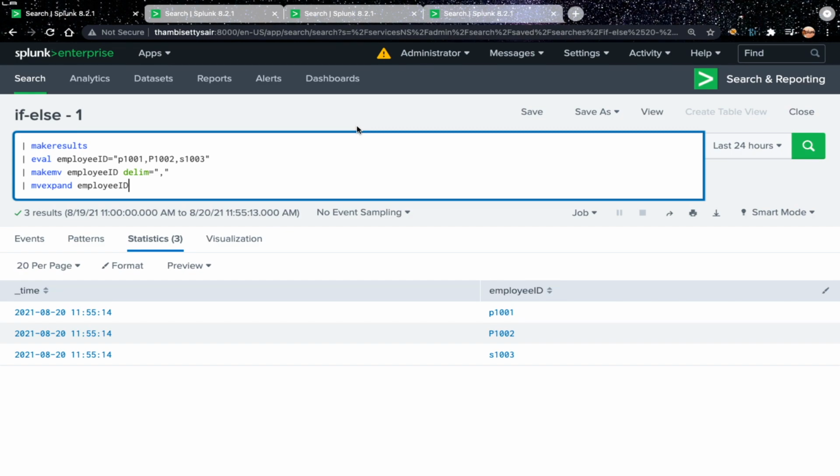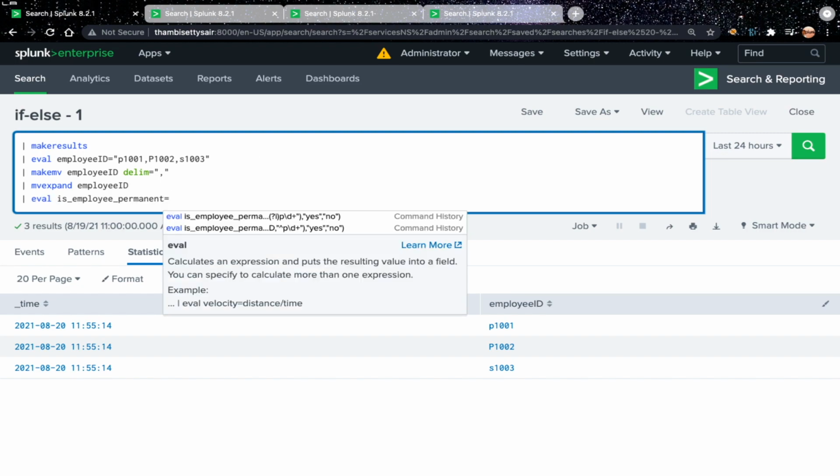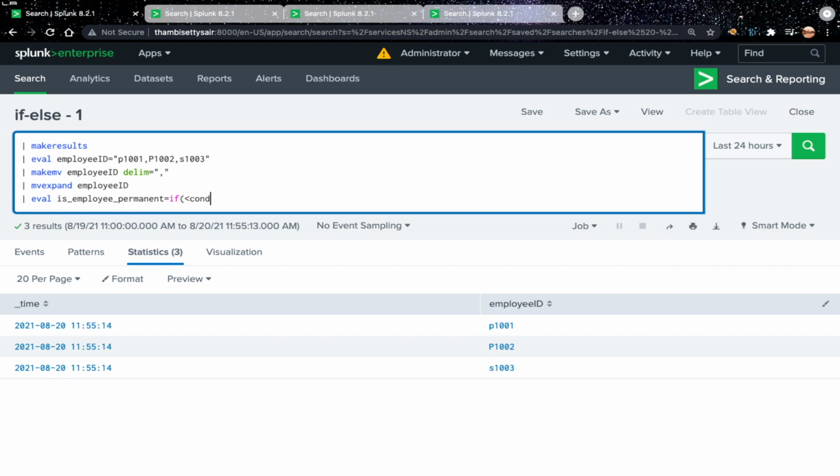First, let's create a new field called is_employee_permanent using the eval command. The syntax of the if function is: if condition is true, then assign the true value to the field, or assign the false value to the field.